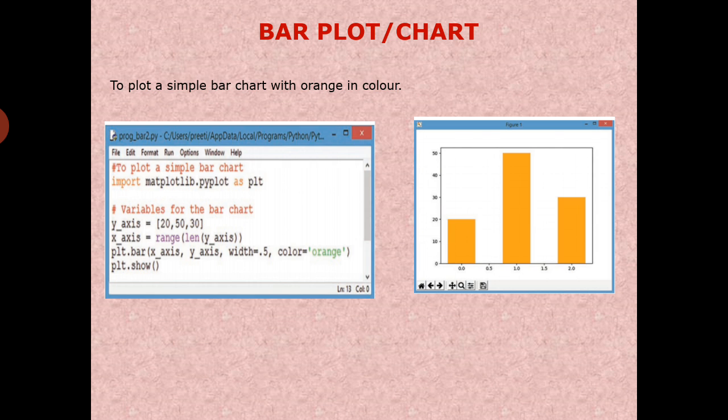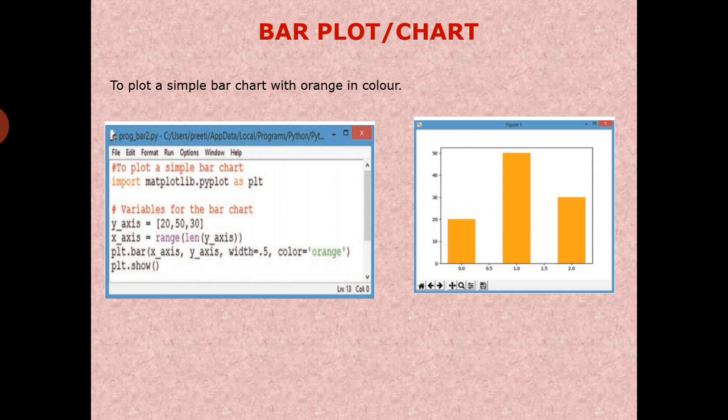Now students, let me introduce you to the bar plot or bar chart. A bar chart represents categorical data with rectangular bars. Each bar has a height which corresponds to the value it represents. It is useful when we want to compare a given numeric value across different categories. It can also be used with two data series. The bars can be plotted vertically as well as horizontally.